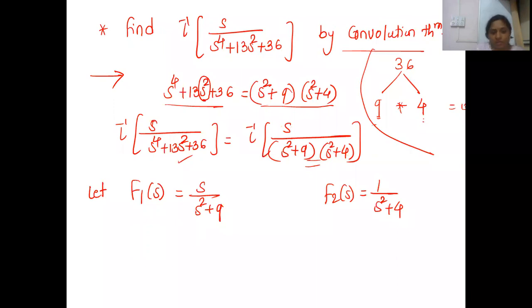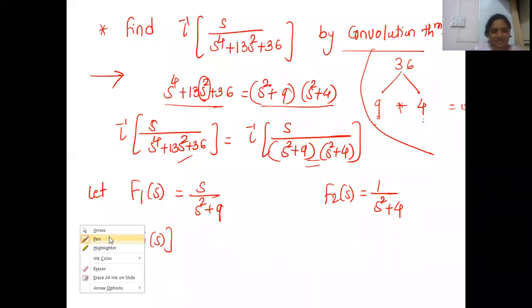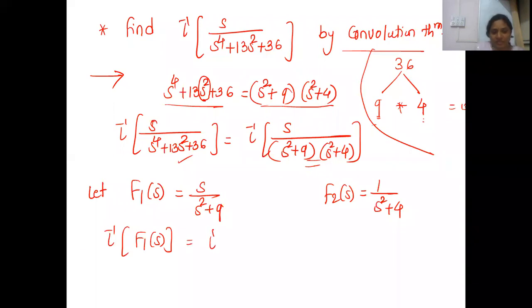Okay, so we have s upon s square plus 9 and 1 upon s square plus 4. So we take the Laplace inverse of F1(s), the Laplace inverse of s upon s square plus 9. What is that? Cos 3t. Correct. And the Laplace inverse of F2(s) is